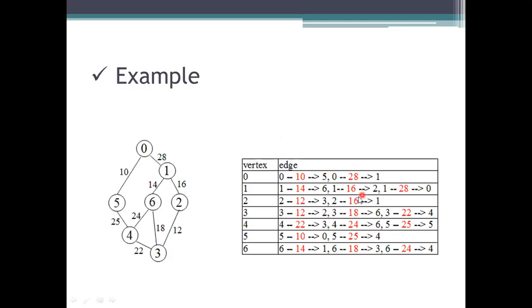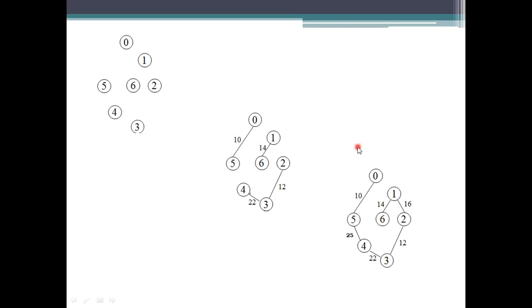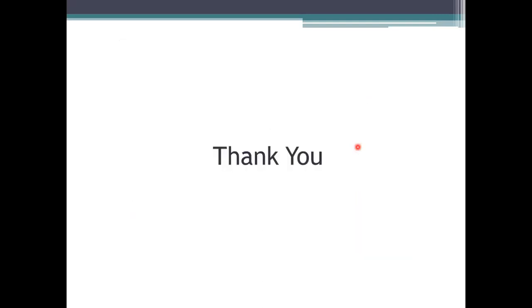2 is having the elements 12 is a 1, and then next 16 is a 1. So here we need to consider all these representations from the 1 to 4 and the next 1 to 2 also for processing. We need to add all the edges for processing and continue to get the minimum spanning tree. So that's about the algorithms we are having. Prim's and Sollin. Sollin is a hybrid algorithm, a combination of Kruskal's and Prim's algorithm. So thank you.